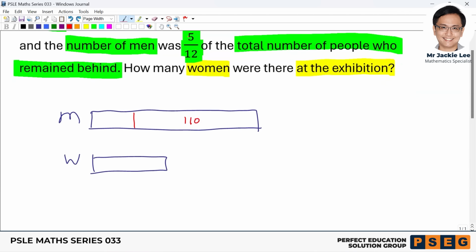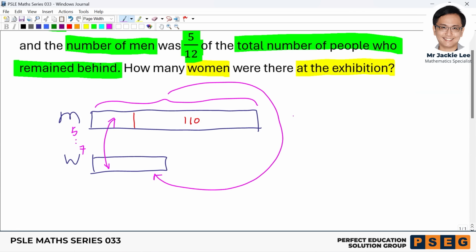Okay, so I believe you write something like this first. In between these two is 5 to 7. Then for the overall, it is 10 to 3. Am I right? Is that 10 to 3? Now, this is the common part, as you can see. Both are referring to the women. So for these two different models, we try to make them the same. For 3 and 7 to make them the same, 21 will be good. Okay, so if this is 21, the model could become,